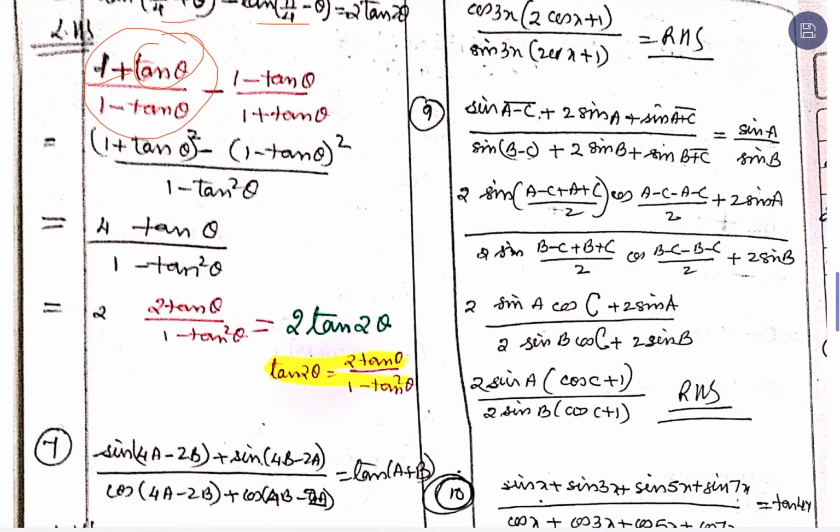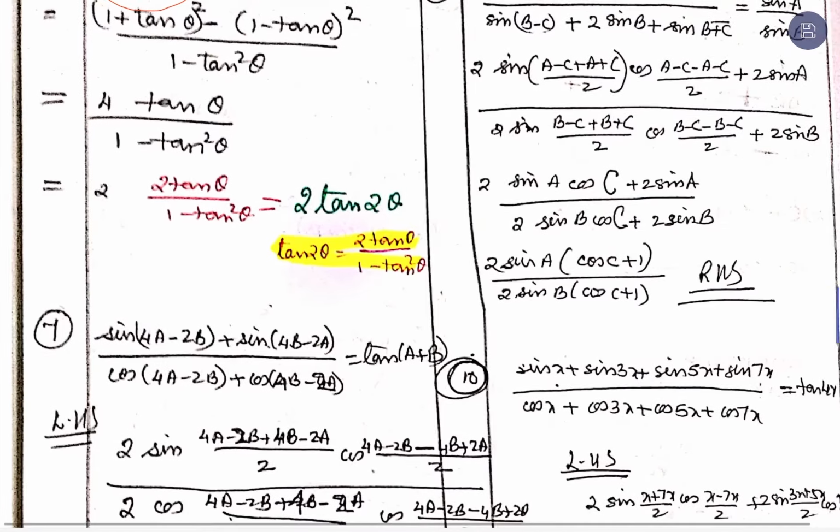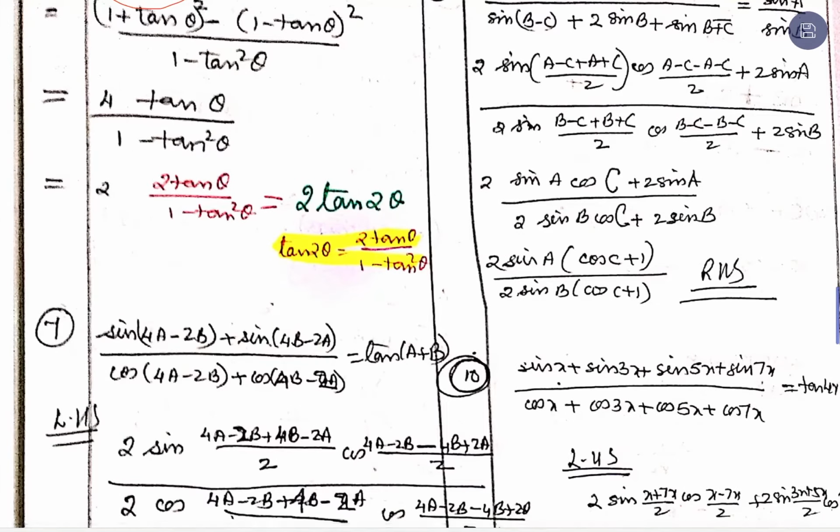Now, here we find that there is an identity which will be followed by this class, we will be taking up that. So, that identity will help you to get this formula, that is this is nothing but 2 tan theta tan 2 theta, because tan theta, that is what I have written, you can also mention it so that you remember this. This will be taken up in the next class.